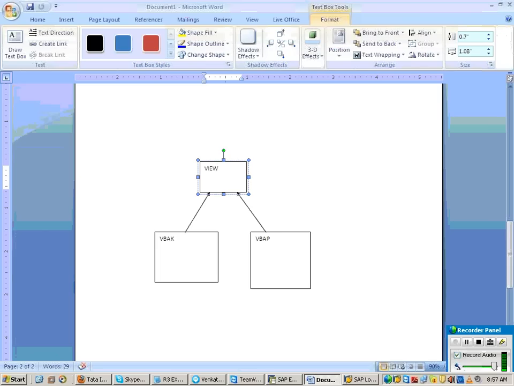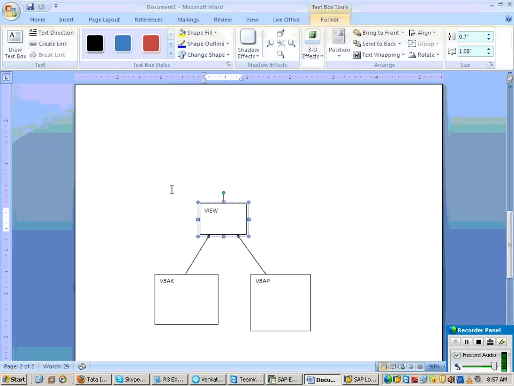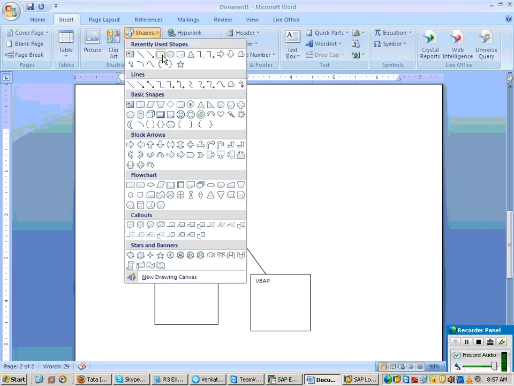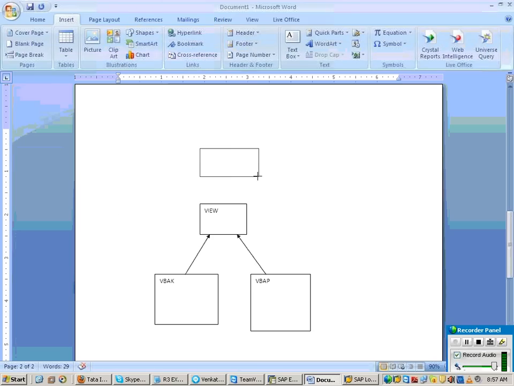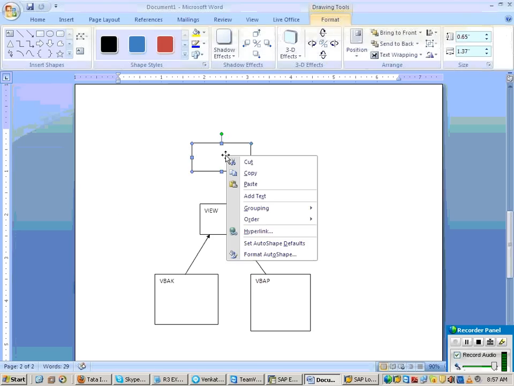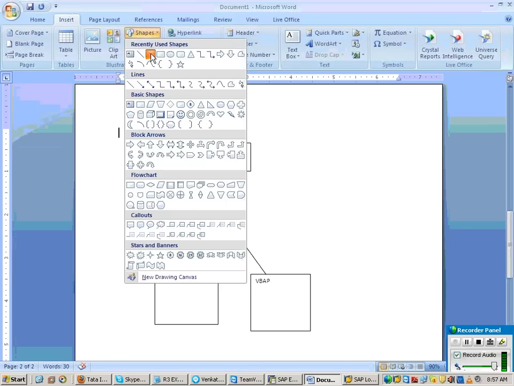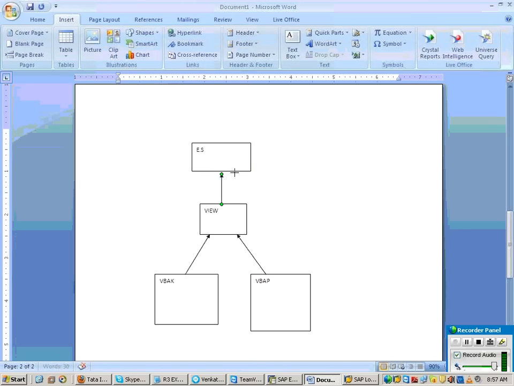What I will say is, extract the data from the view. What happens? An extract structure is formed, having a link from the view. So when you trigger your info package, what happens?